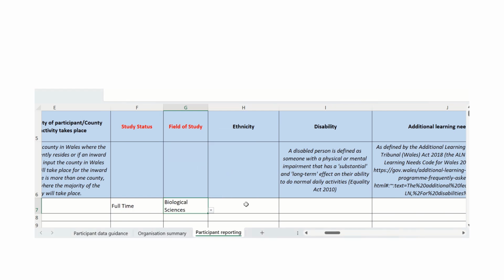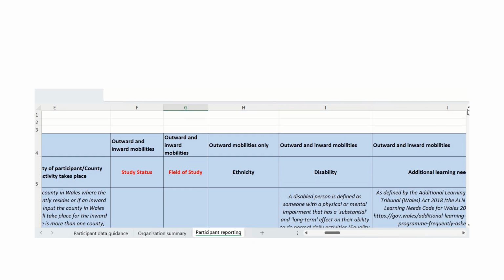We then have columns on ethnicity, disability, additional learning needs, and disadvantaged status. As you can see on the row above, which I'll just scroll up to now, some of these are only relevant for outward mobilities. And then for outward mobilities, we do ask that you record details on the participant's ethnicity using the drop-down options below.